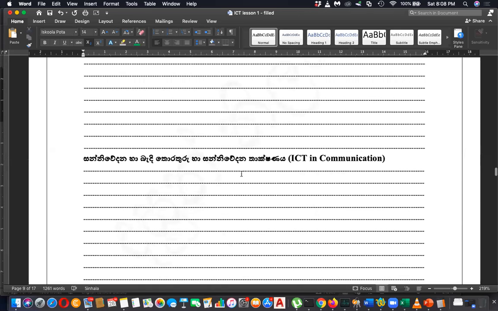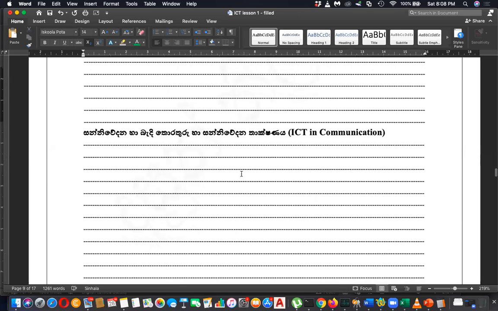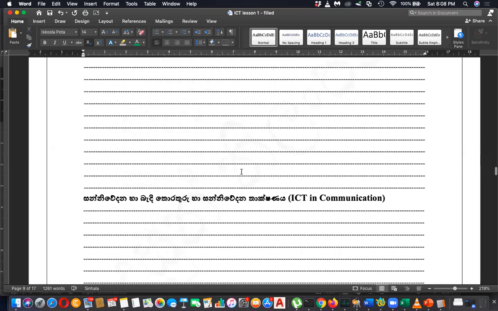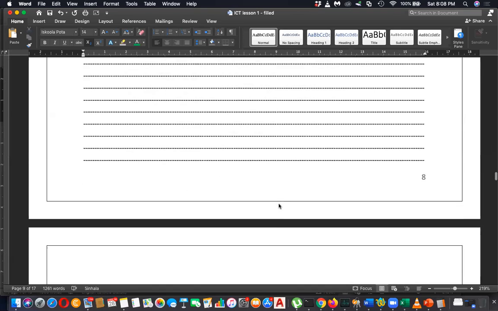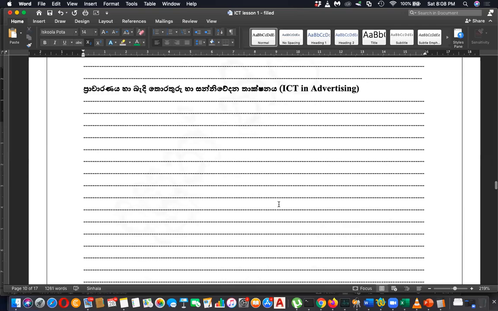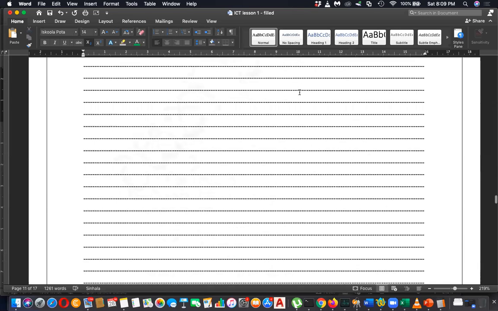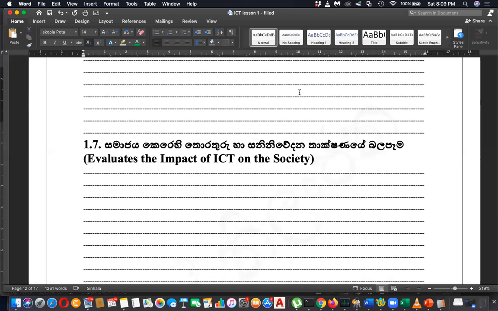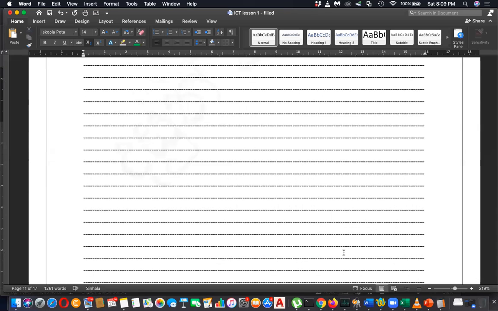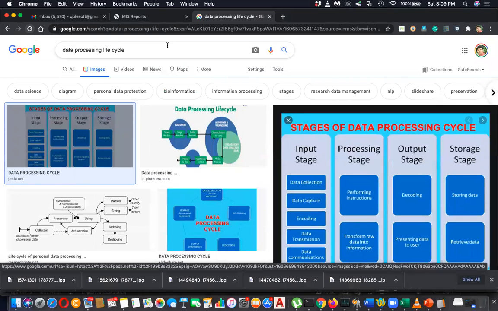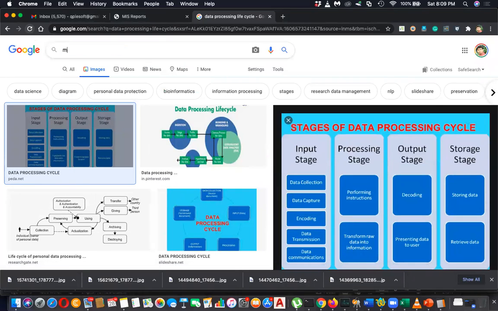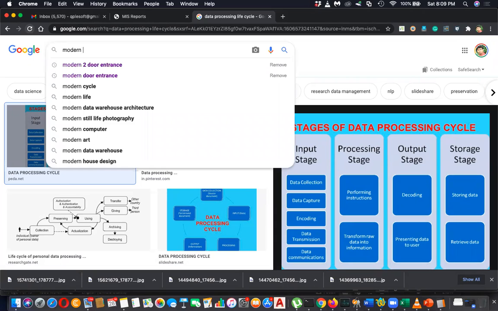So I'm not going to give the note. I'll show some applications instead of giving a note, because it's not easy to finish this. It's everywhere, right? In advertising, in learning and teaching, it's used in many ways. Let me show a few examples in transportation. So in modern transportation,